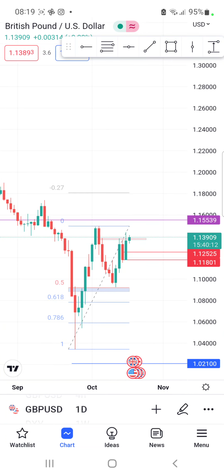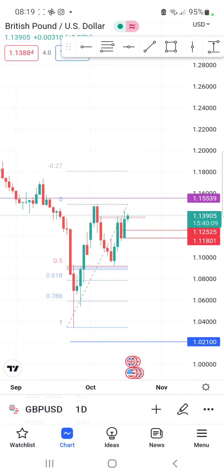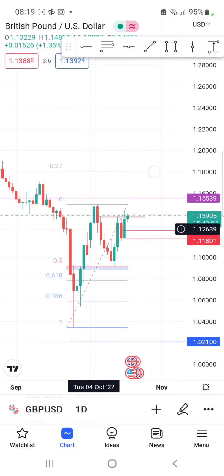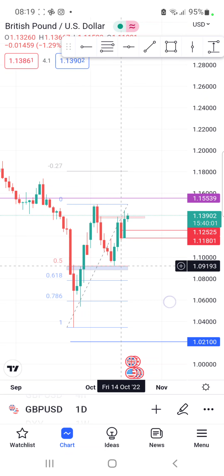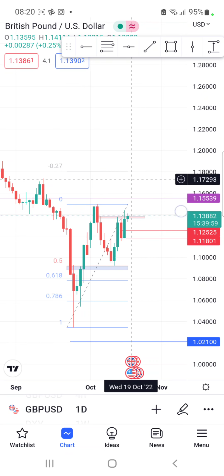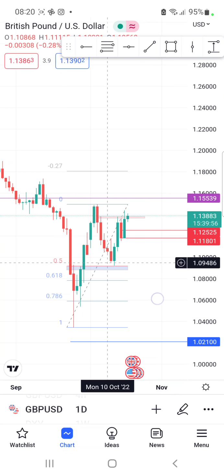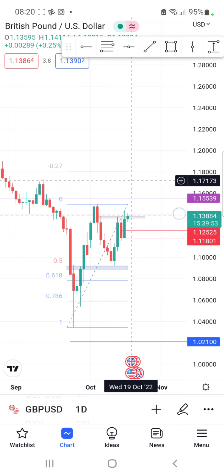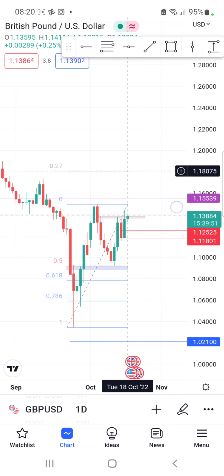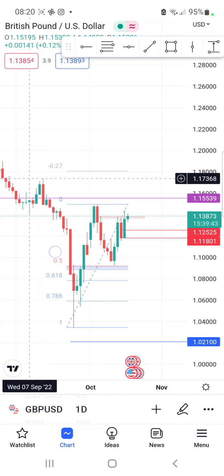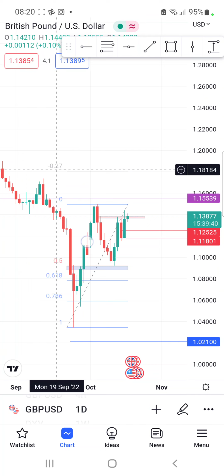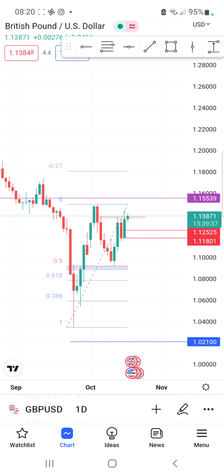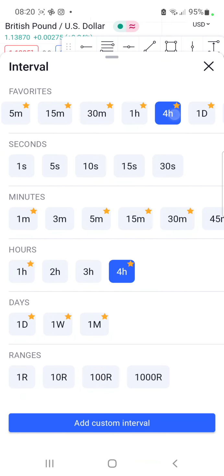Daily, the same concept. I expect price to go to the upside. You can see these swing high here. Price came all the way here, then with 50% retracement level, and now it's pushing to the upside. So if price continues to go up, then this is our target, which is 0.27 Fibonacci extension level, which will be above this next target that we expect to be liquidity level to be taken out. If you come to 4 hour,